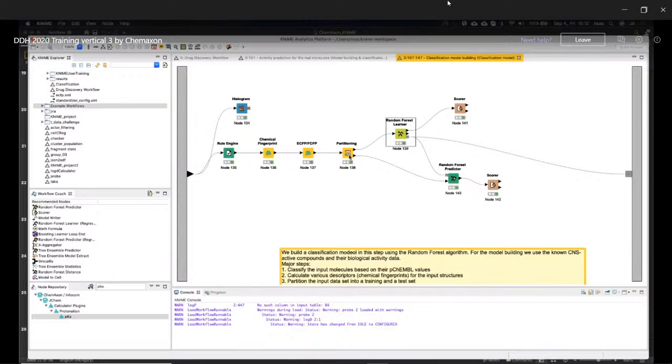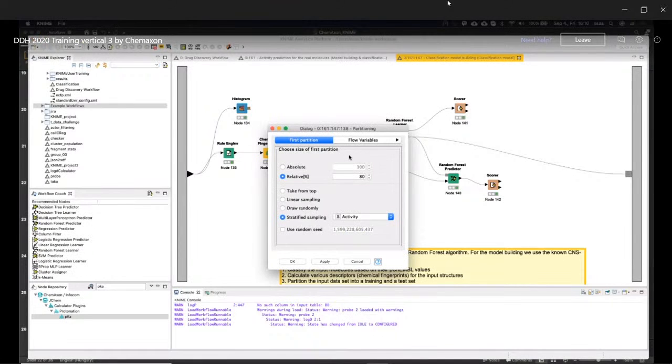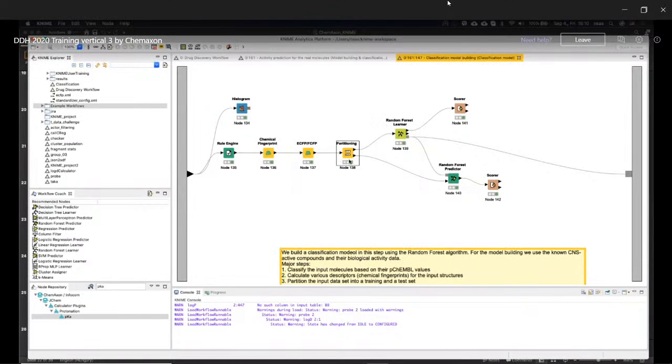So what we do is partition our data set into 2 chunks, 20 and 80%, and we are going to use stratified sampling, but you can draw randomly also, and you can choose here from several options. For now, we use this one. So we use a portion of our data to feed the model creator, the random forest learner. We run this